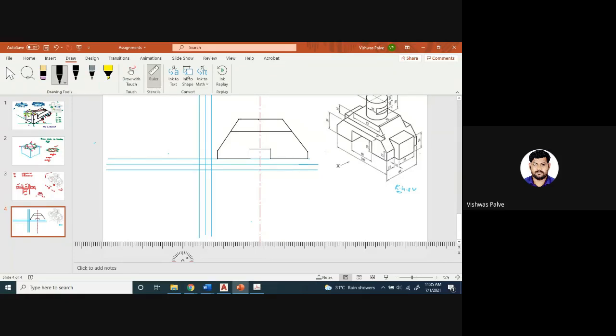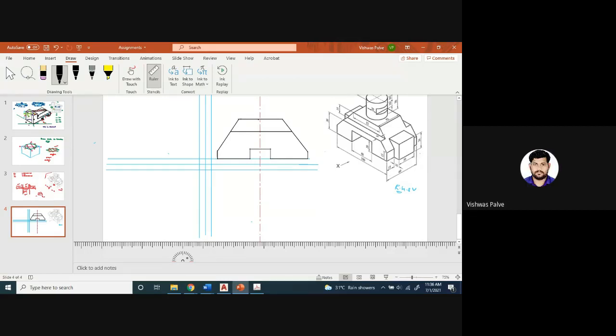Then 15 millimeter here, also 15 millimeter on both the sides. Okay, then at a distance of 30 plus 15, 45 millimeter, I will draw a horizontal line whose distance is 52 millimeter. So this line has been represented. Then I'll connect these 2 points, okay, with the inclined line. So it is the same surface. So we are connecting with this. Then at a distance of 30 millimeter, I will draw a horizontal line. Okay. Any difficulty till now?